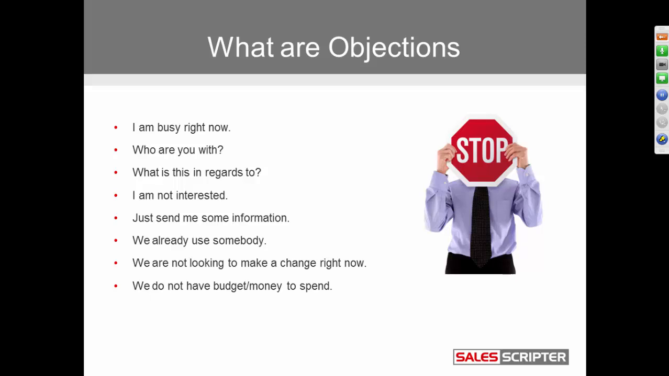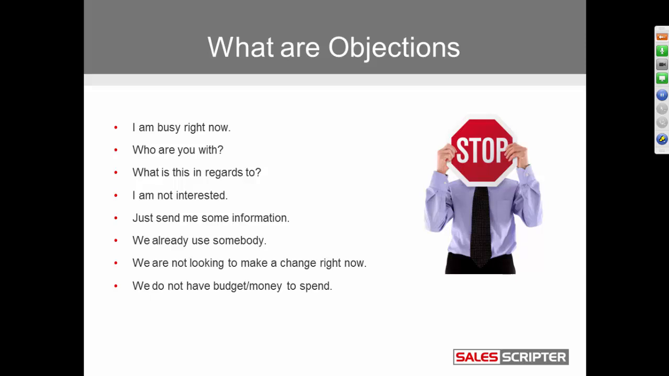If you've made any prospecting calls, you might have heard some of these before: I'm busy right now. Who are you with? What is this in regards to? I'm not interested. Just send me some information. We already use somebody for that. We're not looking to make any changes right now. We don't have any budget or money to spend. Those are some examples, and I would assume that most of you have heard one or many of those